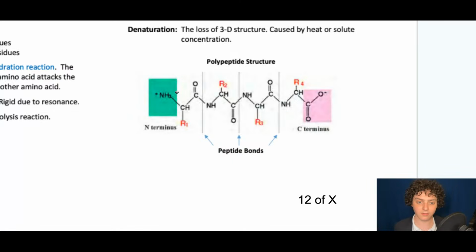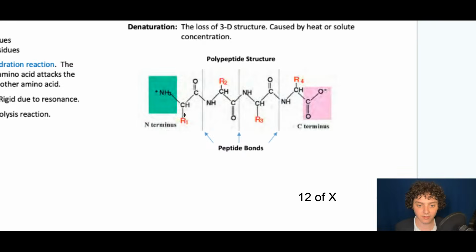Starting from what we call the N terminus, I see the amino group that is part of any free amino acid. That amino group or N group is hanging off here because this is the end of the polymer. The polymer stops here on this side and it stops here on this side. So in essence, this whole thing is like one big amino acid where you have the amino group on one side and the carboxyl group on the other side. But inside that you have these bonds between the amino acids that I'm going to show now.